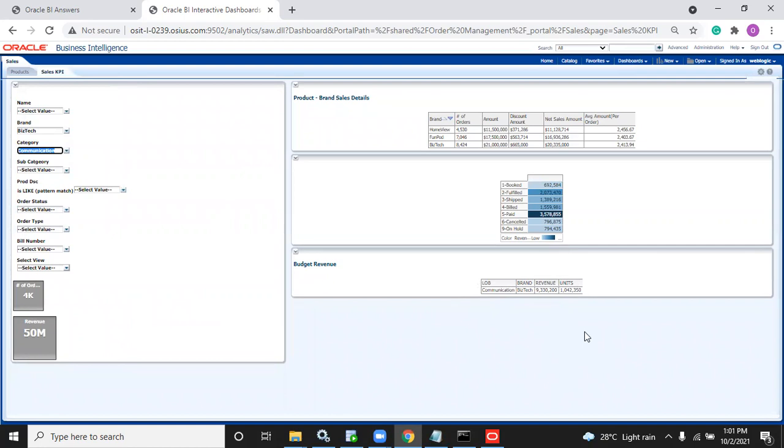So when you have a year filter, year will not be passed as a filter to all the reports. Only the reports which are developed using the same table can pass it using is prompted. If there is a report which is developed from a different table, then there you have to pass it as a variable. Clear or any confusion? Yeah, clear. So now we completed all dashboard prompts concept.